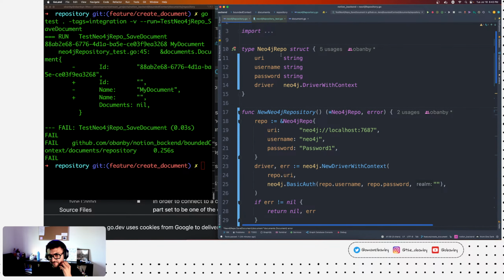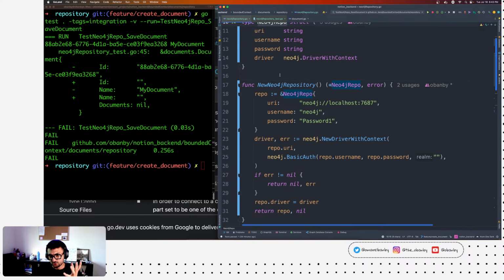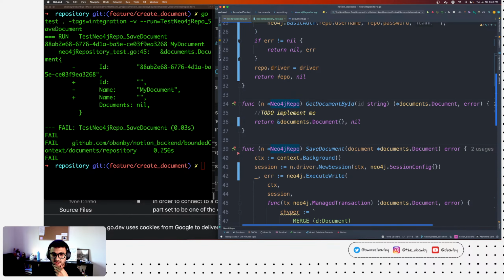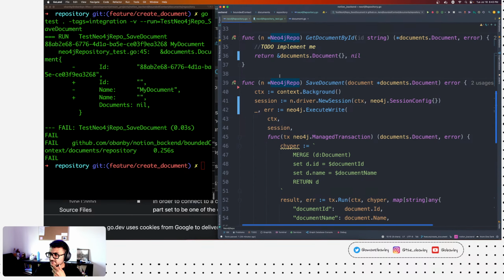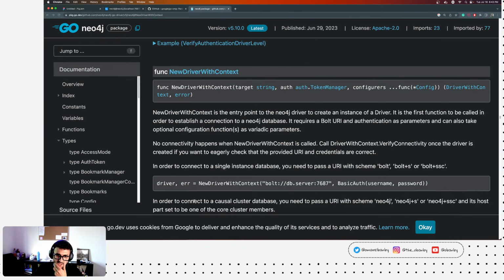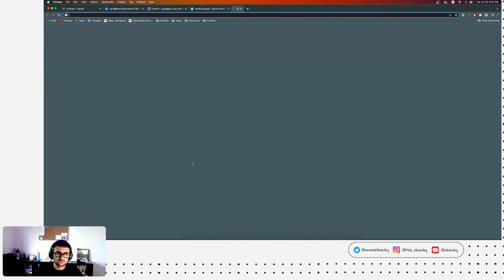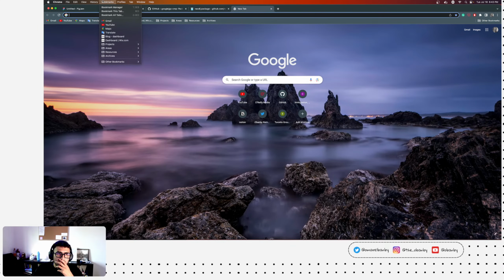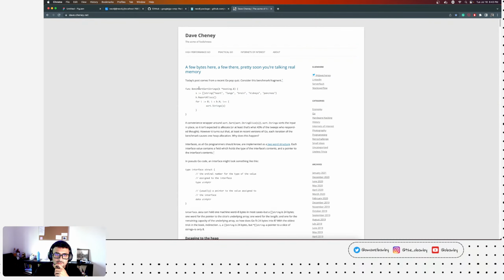And your argument might be, why not have the context as part of the Neo4j repo? There are a lot of hot debates about how you handle the context in that sense. Let me actually try to find out. So Dave had written one about context that was very, very good.